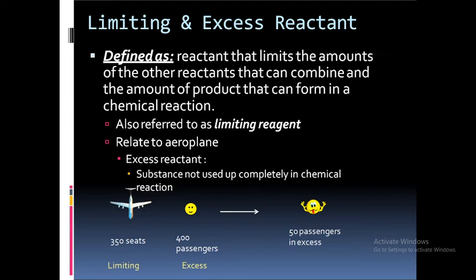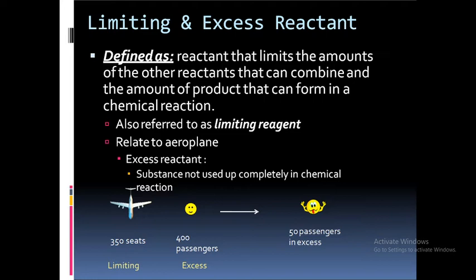What is an excess reactant? An excess reactant is defined as the reactant which is in excess of the theoretical or stoichiometric requirement as determined by the desired reaction. The excess reactant is always found in the product stream after the reaction proceeds to completion. Are you clear or not? Okay, this is the limiting and excess reactant.